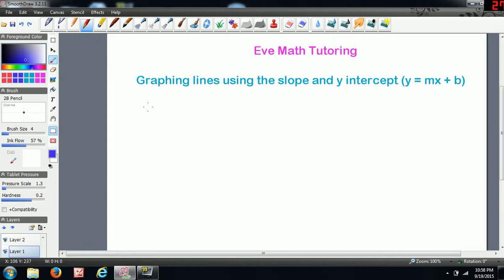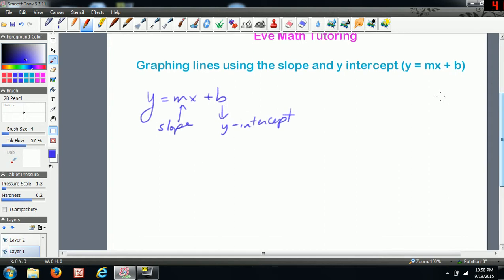When you have an equation in the form y equals mx plus b, m represents the slope of that equation, and b is the y-intercept. It's where the line crosses the y-axis. Okay? So if you're given an example and you're asked to plot the line or graph the line,